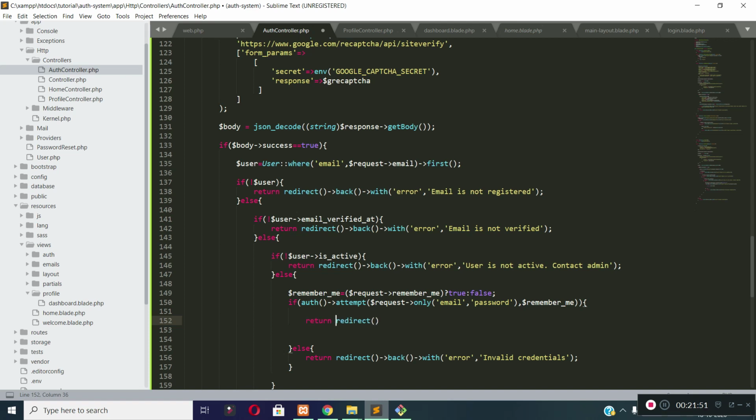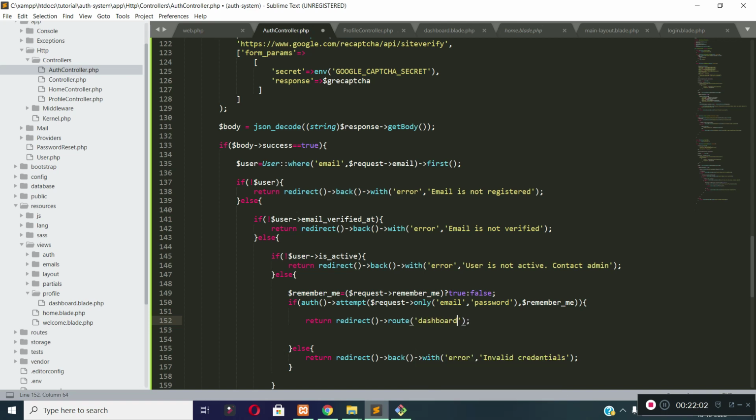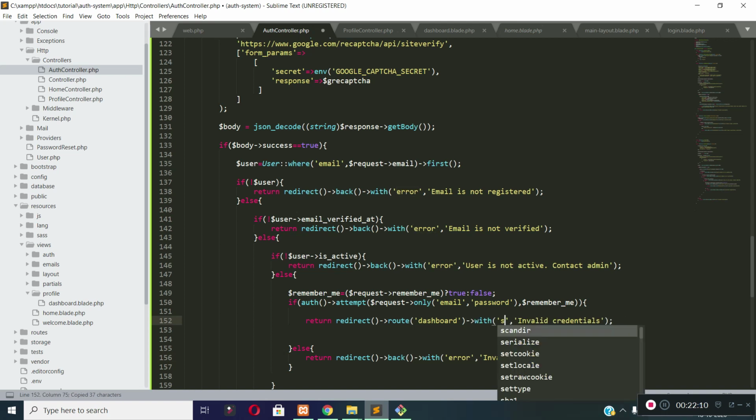So I will write return redirect route. What is the route name of our dashboard page? It is dashboard. We can add a flash message here, flash success message, if you want. With success, login successful. If you wish to add a message, you can add.